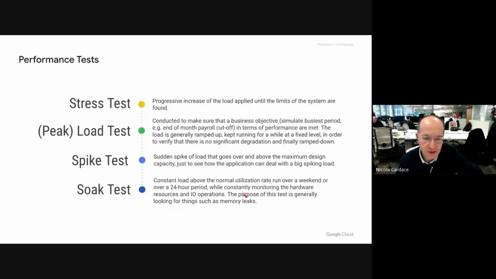And then there is another scenario where I can do a soak test. With a soak test, I know I already validated the performance. I know I can cope with a given throughput, but I'm not sure about some Java classes that might have been imported, because I'm using an Apigee Java callout policy that allows me to import libraries. Maybe I need to verify that there is no memory leak, for example, in a class.